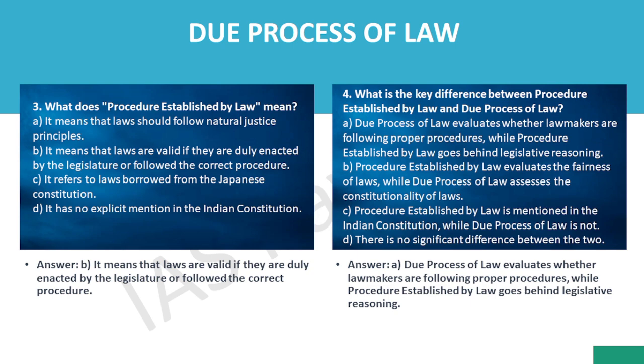4. What is the key difference between procedure established by law and due process of law? A. Due process of law evaluates whether lawmakers are following proper procedures, while procedure established by law goes behind legislative reasoning. B. Procedure established by law evaluates the fairness of laws, while due process of law assesses the constitutionality of laws. C. Procedure established by law is mentioned in the Indian Constitution, while due process of law is not. D. There is no significant difference between the two. Answer: A. Due process of law evaluates whether lawmakers are following proper procedures, while procedure established by law goes behind